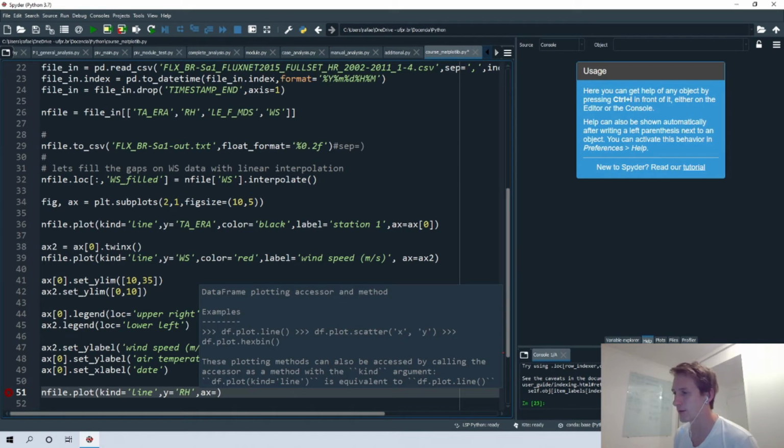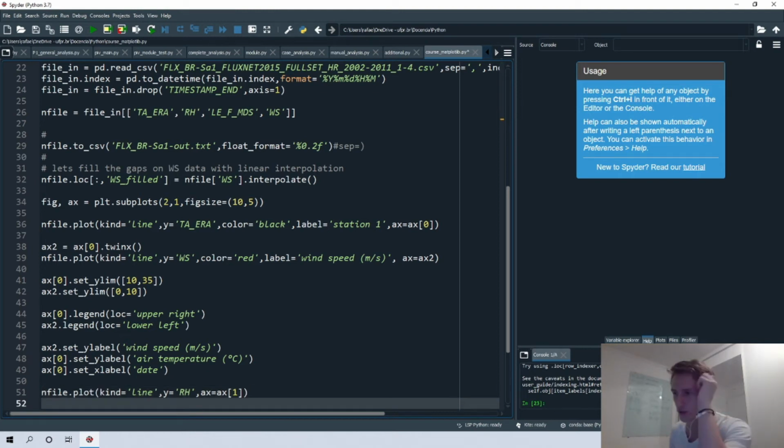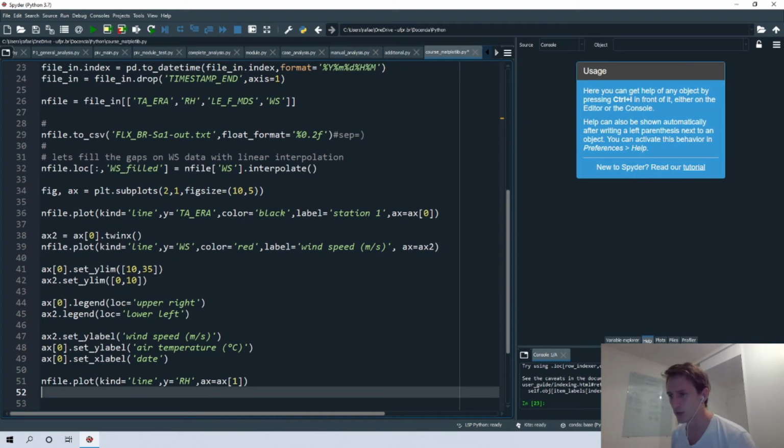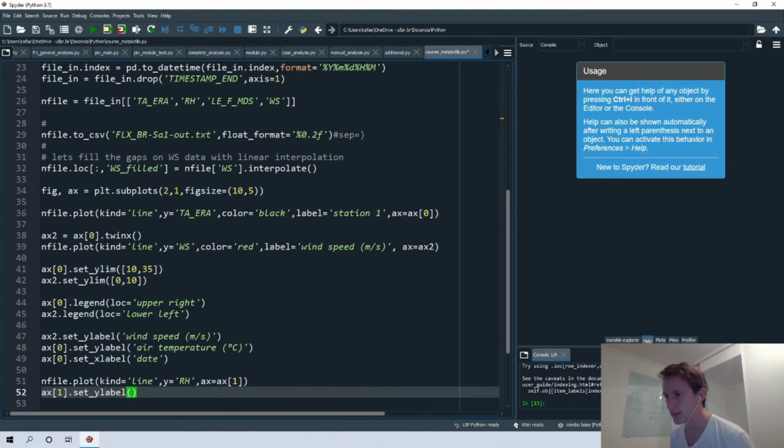So we must define it in the second position of X value, with the index 1. Okay. And then we can also include the y-axis label. So for that we can just type x, the second position, set y label, and then we can include the relative.